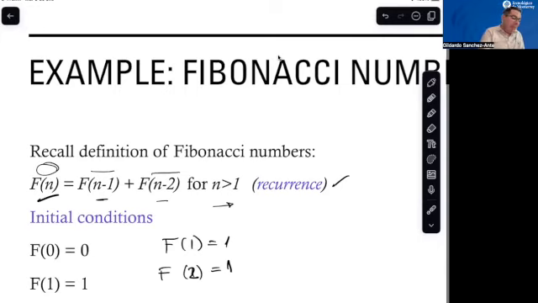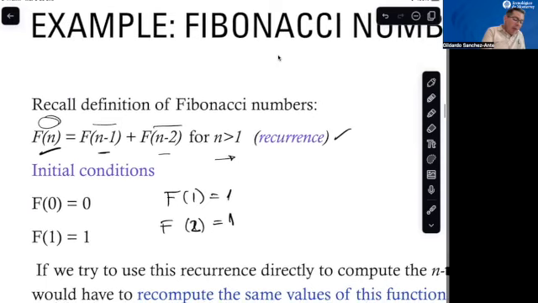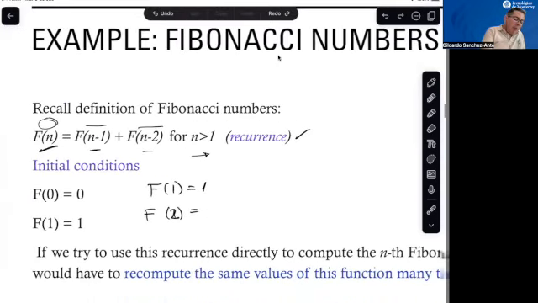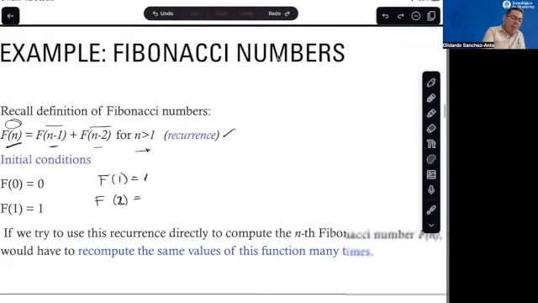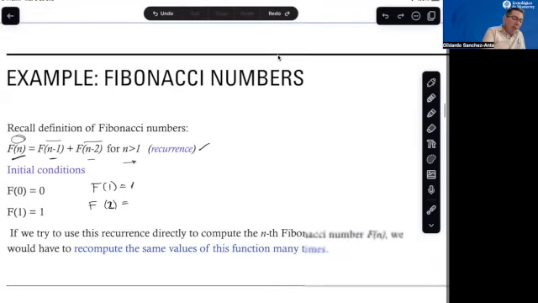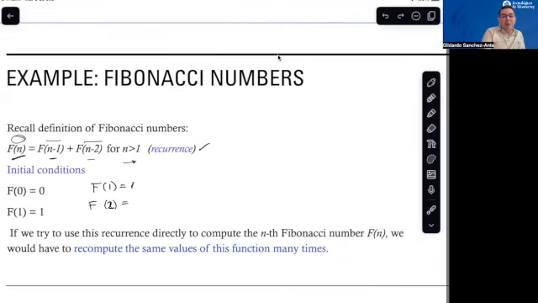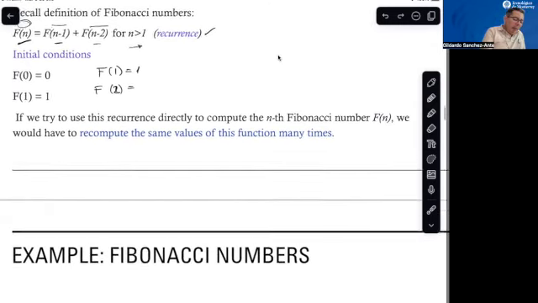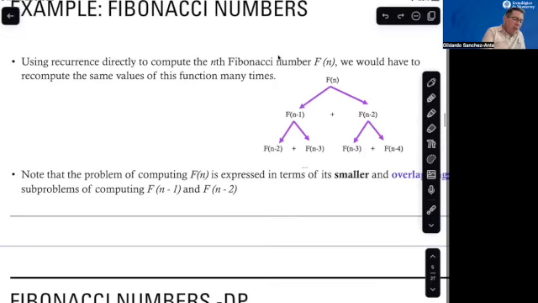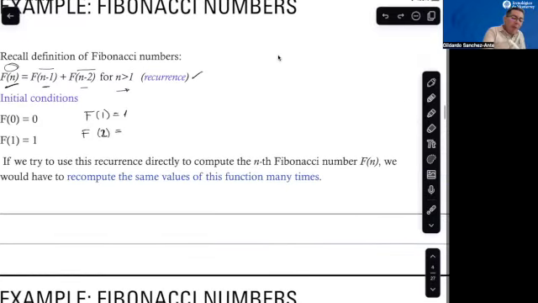Either way, we have this definition. If we want to implement the recurrence directly in a computer program, the thing is that we will have a very inefficient program because it will have to recompute the same values many times. And in order to see that, let's suppose that we have, let me insert a